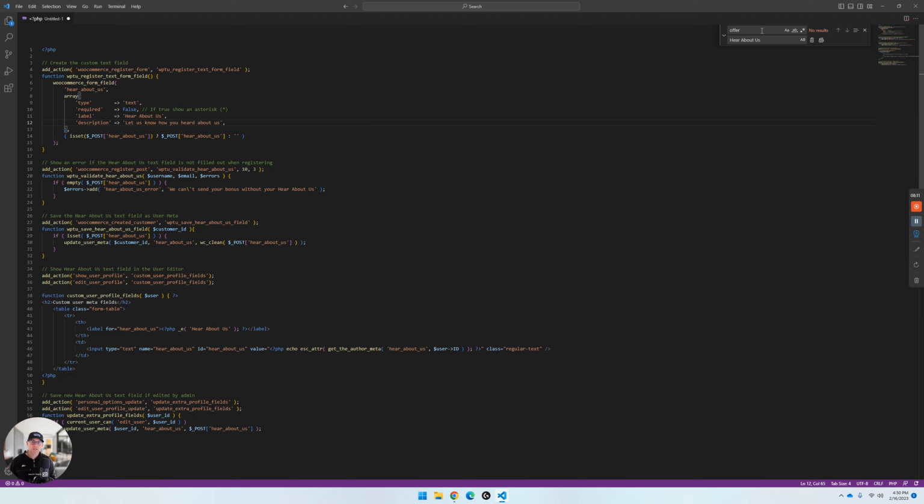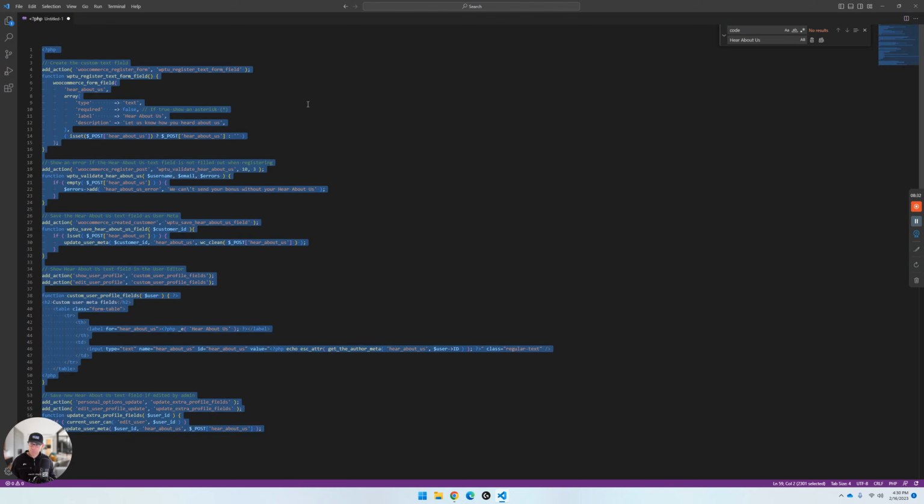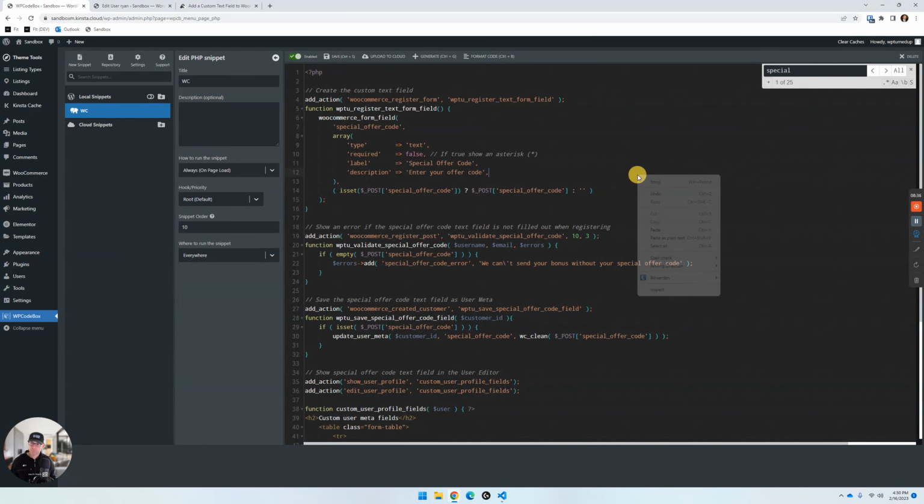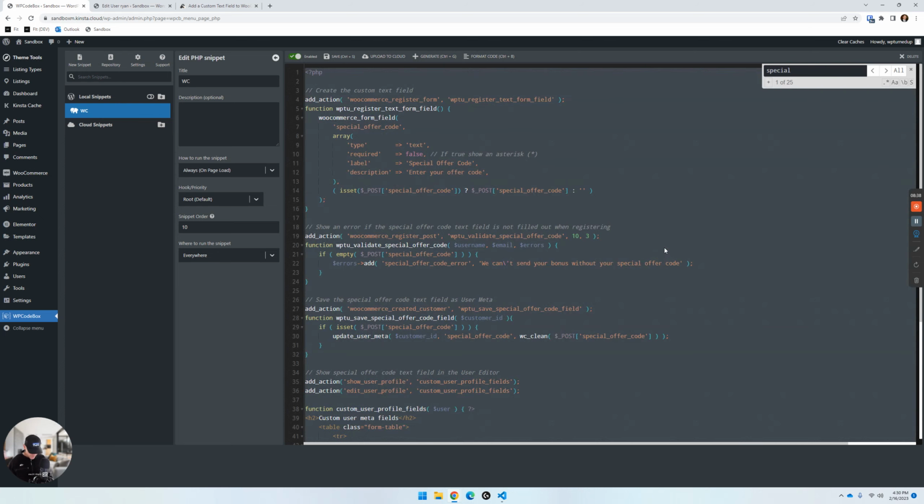Okay, there's no more of the word offer, there's no more special, and then let's do a search for code. Okay, there's no code. So we've gone through this entire snippet and we've replaced special offer code everywhere. So let's go ahead and just grab this, do a select all, copy. Let's go back to our code snippet and just dump this right in here